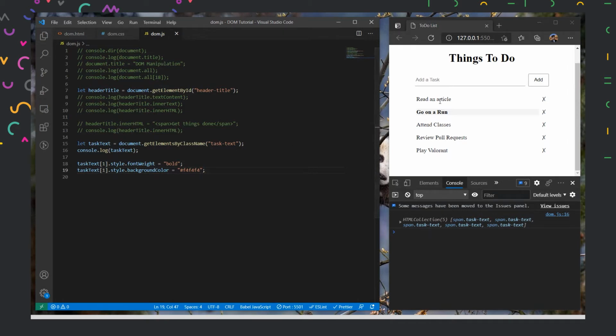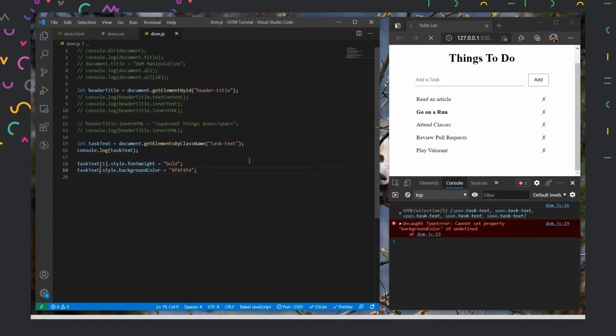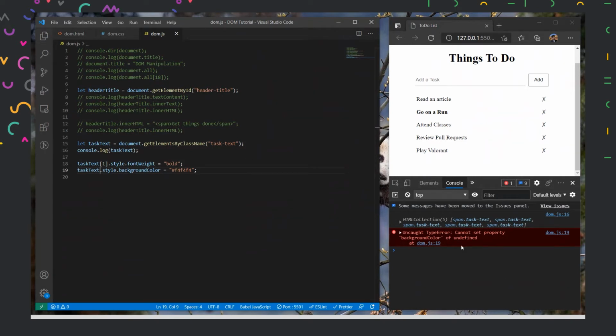But let's say I want to apply this background color property to all the elements of the list. If I remove this square bracket dot 1, it won't work. It will give us an error that this property cannot be applied to it, and this style dot background is not defined for it. Why? Because the element itself is an HTML collection. It is not an HTML element. It is an HTML collection. And we have to iterate over it to actually select each element. So how to do that? We will comment this line first.